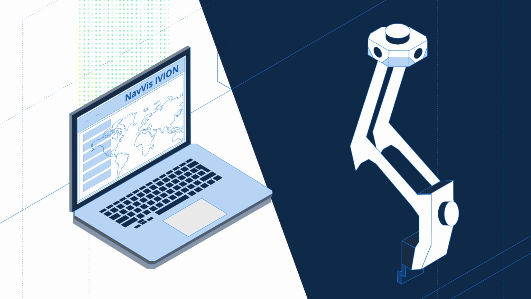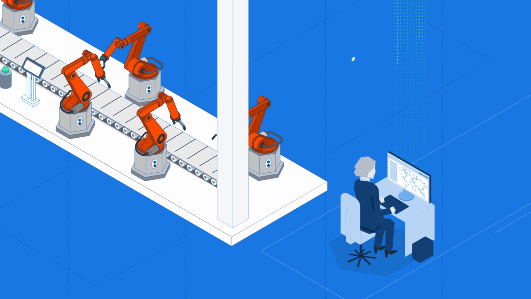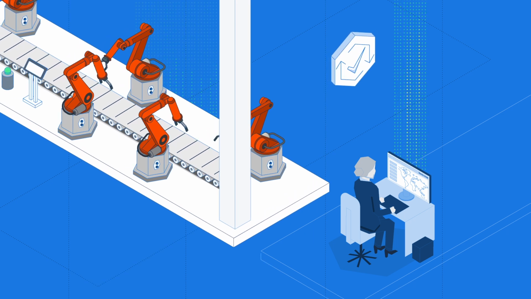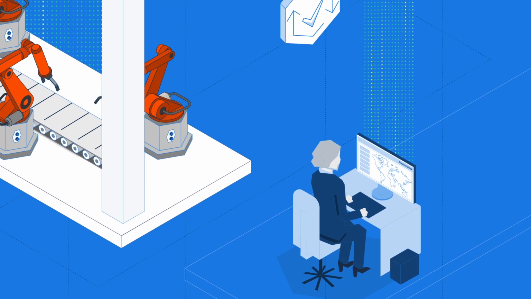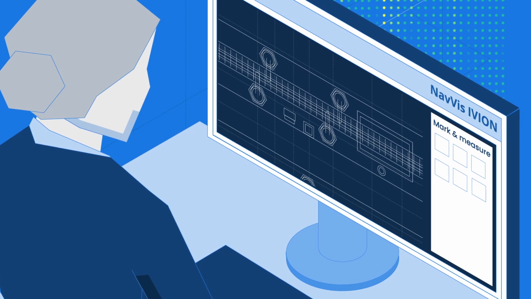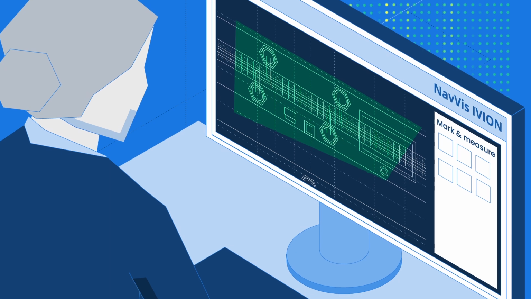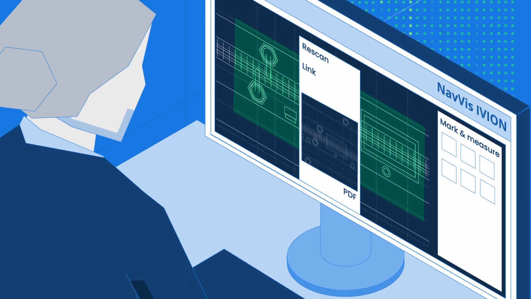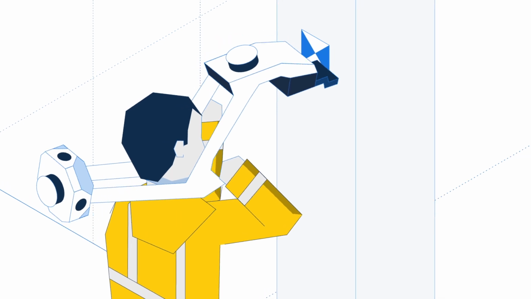The Navis Rescan workflow gives users a swift and seamless process for rescanning. Planners and engineers can manage rescan projects with confidence, knowing that they can focus on what needs to be scanned and not on the underlying data sets. Changes to the production environment trigger the need for a rescan. Thanks to predefined survey control points, your updated data remains consistent and aligned with the existing scans of your factory.